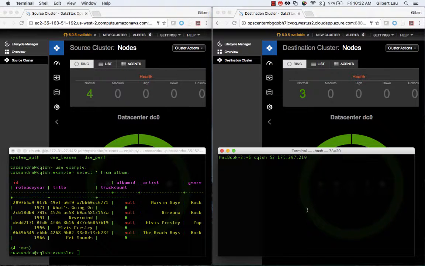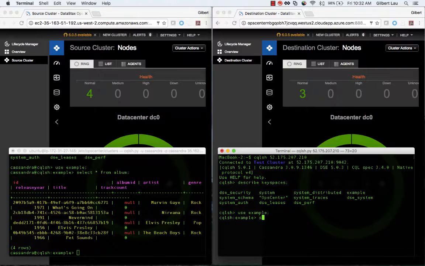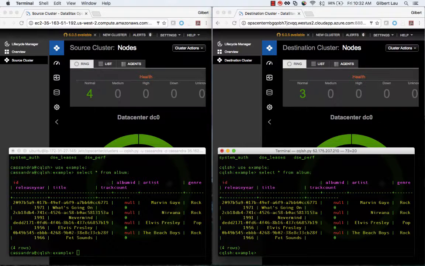Finally, seeing is believing. Let's cqlsh into one of the cluster nodes of the destination cluster and find out if the example keyspace has been created. Also, we would like to find out if the same 4 album records exist in the album CQL table. They are all here. In summary, migrating a DSE cluster from one public cloud to another is very straightforward and easy